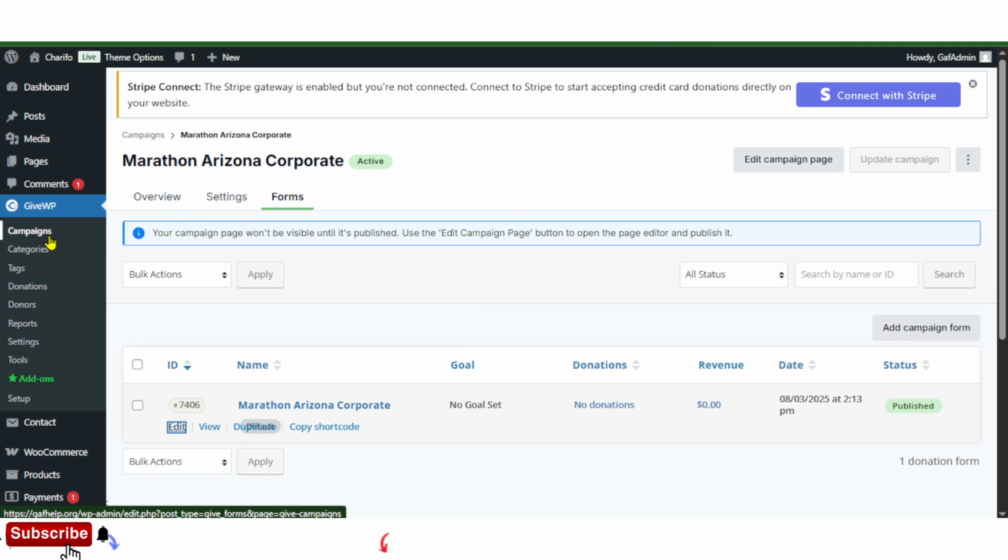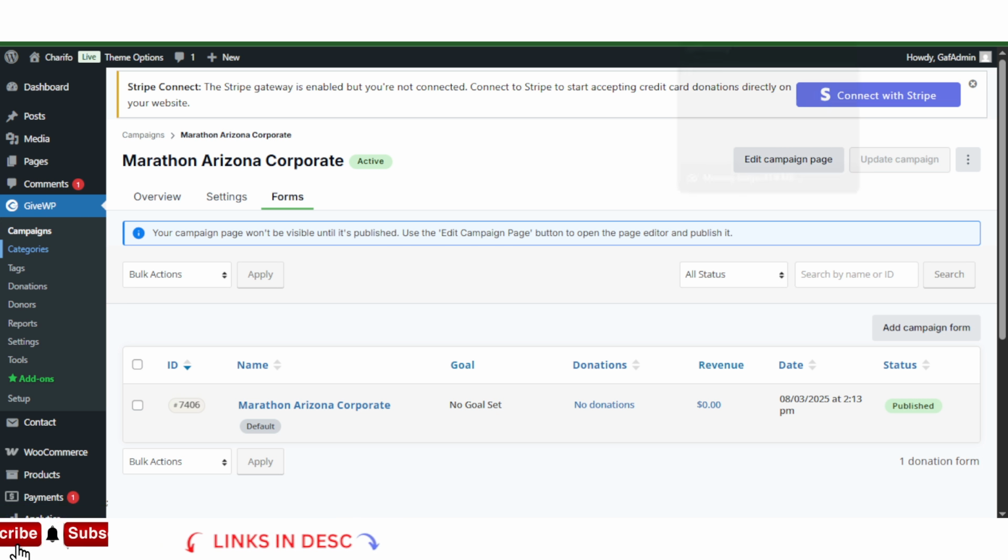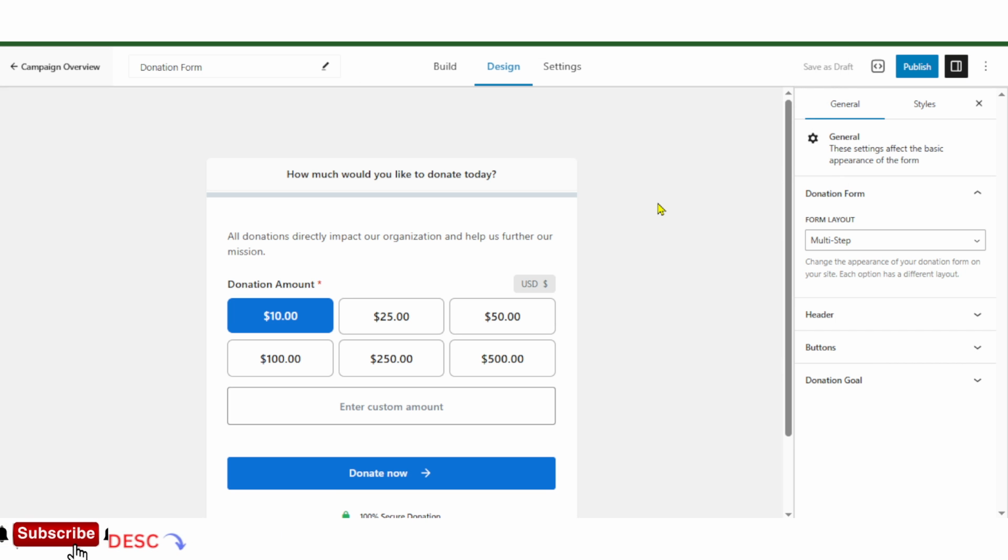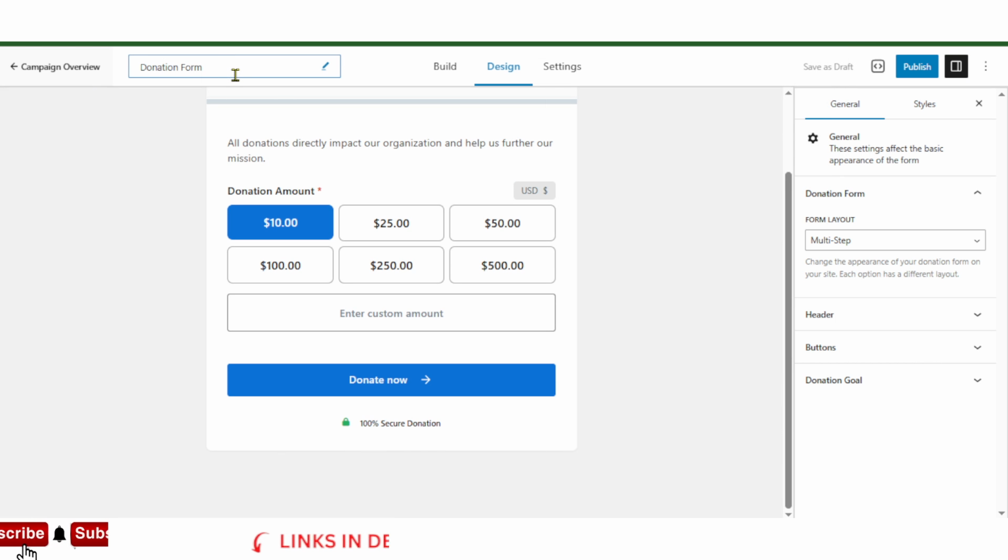So this campaign part is done. Now next, categories. You can see this form has opened, and this is the donation form. If you want, you can customize the name of this donation form. Rather than just mentioning donation form, you will be confused, so you can name it with our campaign name, Arizona Marathon form. Make sure you add the form, and the donation amount you have, make sure you just keep